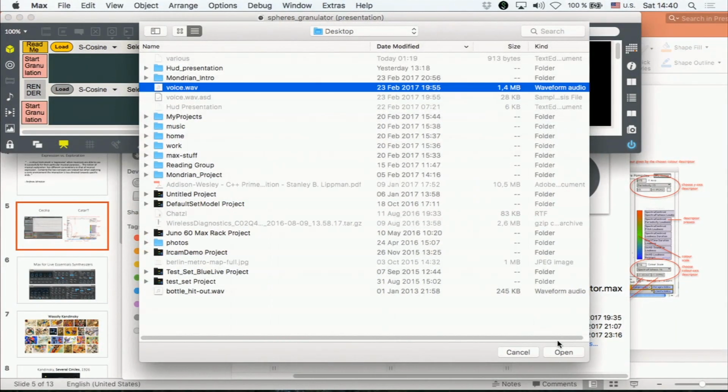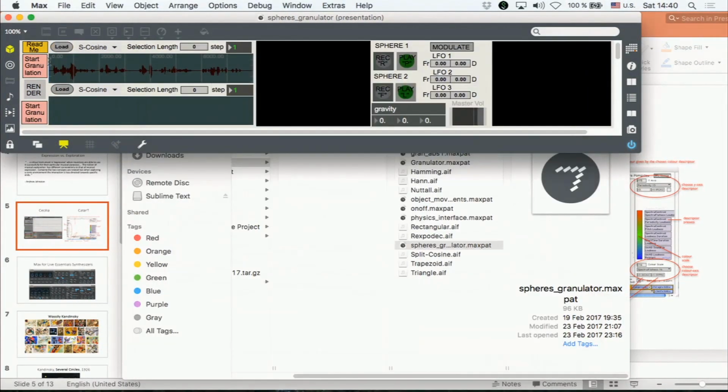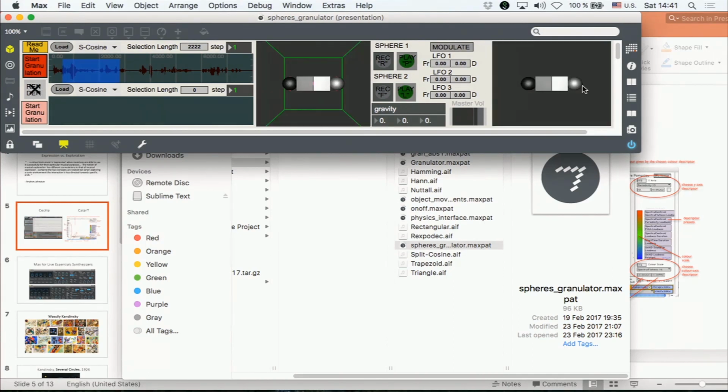But I had a recording facility, so gesture recording facility actually. So you can press rec. And then play back the gesture.